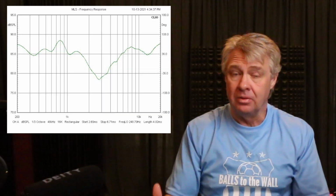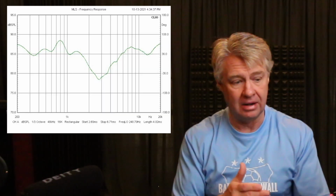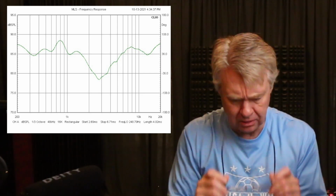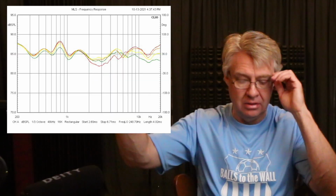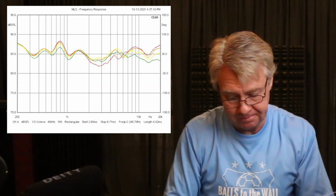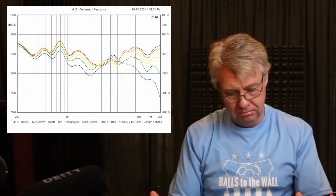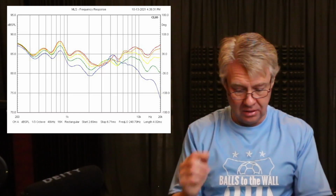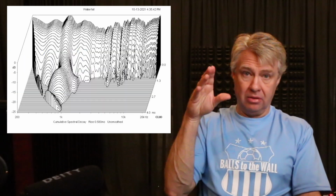But this is the design choices that they went with. So to listen to this speaker and not have a big hole in response, you need to be at the top of the box. And as we look at the vertical off axis, you can see the response actually gets a little better as you move up a little higher. The horizontal off axis, it's still lumpy, and there's a little peak there around 3000, but that's not the red flag. If you look at the spectral decay,